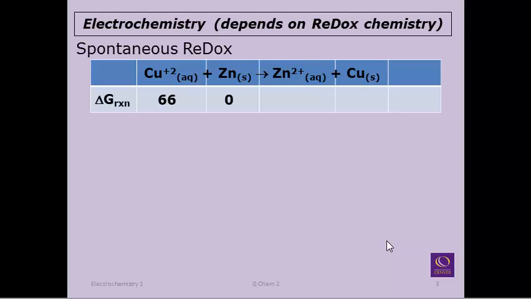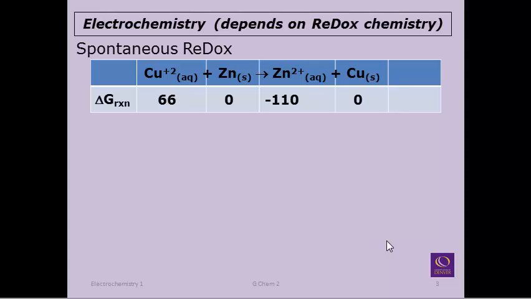Zinc solid has 0, as do all the elements on the table. Zinc 2 plus has minus 110 kilojoules per mole of free energy,